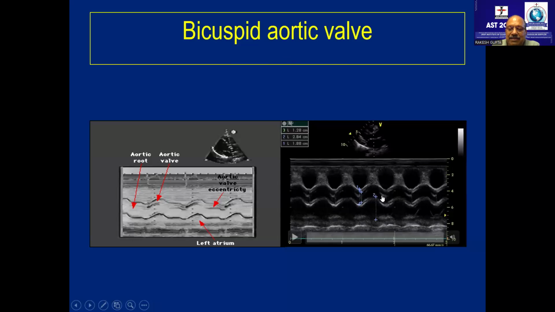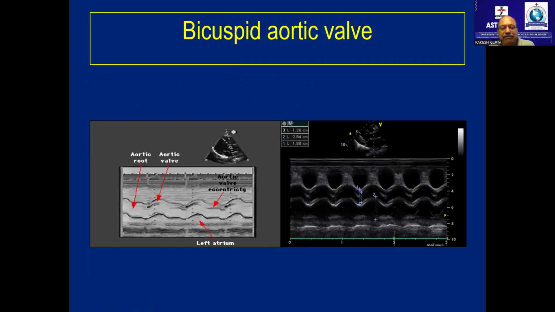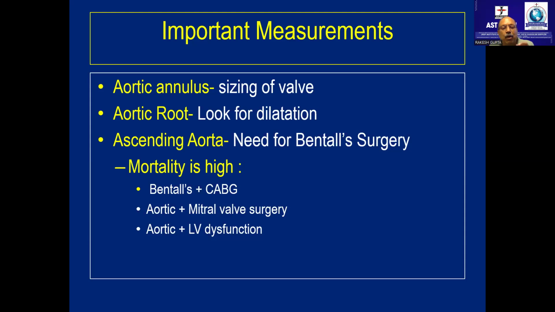The line is eccentric. So what I've done, I've gone to the parasternal short axis view and cut across the aortic valve leaflets, right coronary cusp and non-coronary cusp. The line is not central. If it's central, it is not a bicuspid; it is eccentric, as seen over here. It is possibly, I'm not saying 100%, possibly an abnormal or eccentric line. And whenever we have a bicuspid aortic valve, the aorta is almost always dilated, because bicuspid aortic valve is not an aortic valve pathology, it's an aortopathy.